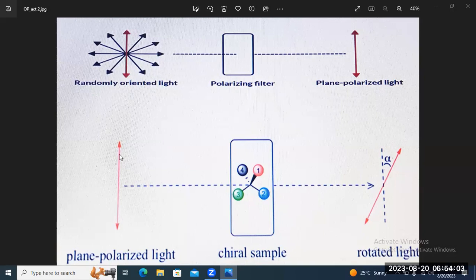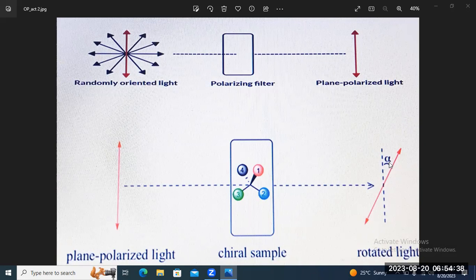Now, when this plane polarized light passes through a solution of chiral compound, or the molecules of the chiral compounds, then after passing through this medium, the light bends, and this bending of plane polarized light gives some specific rotation, the optical rotation, which is